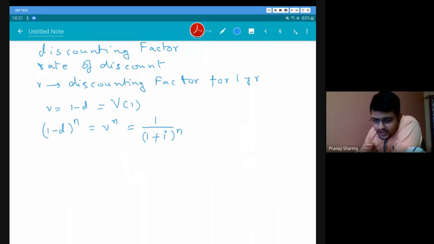D is equal to I upon 1 plus I should be valid for n is equal to 1, right? Yes. So for compound interest, it will be true for any time period, greater than 1, less than 1, and equal to 1 as well. But it will not be true for simple rate of interest. So for simple interest, for different n's, we will have different conversion of d into I. That is why we will not be converting d into I generally for simple interest. For a specific question, they might ask you to do that.